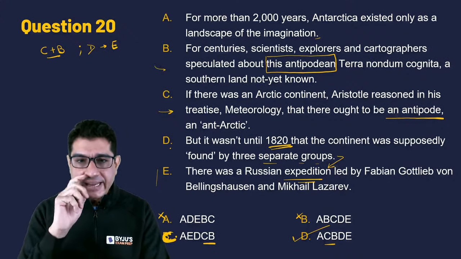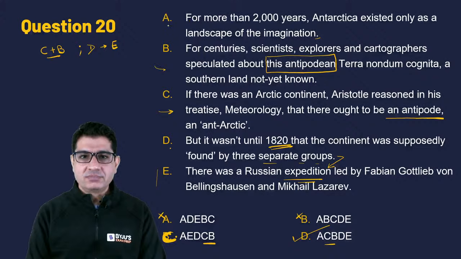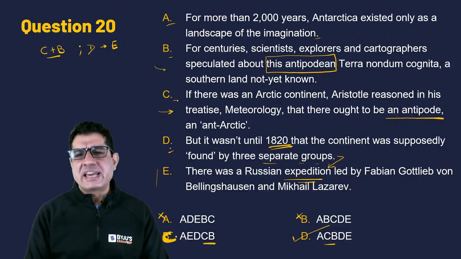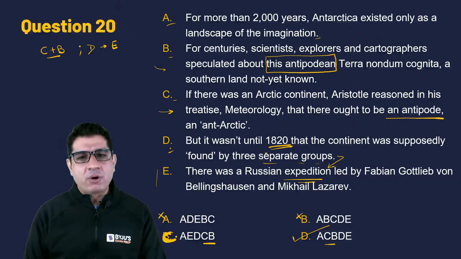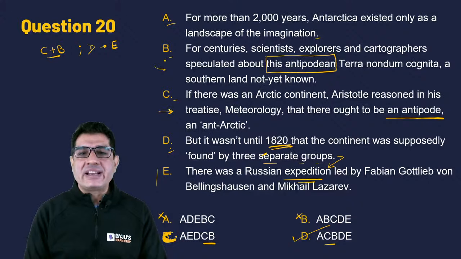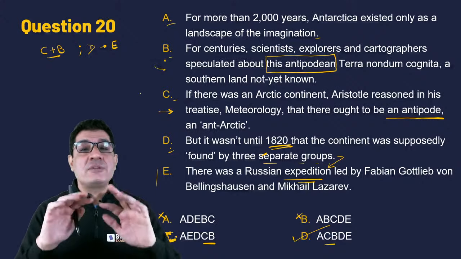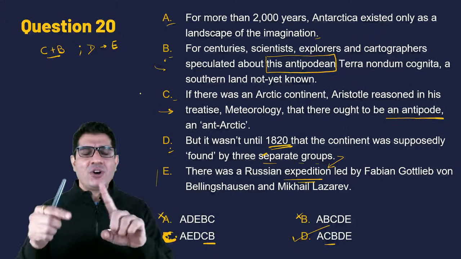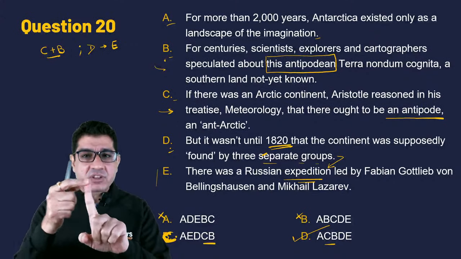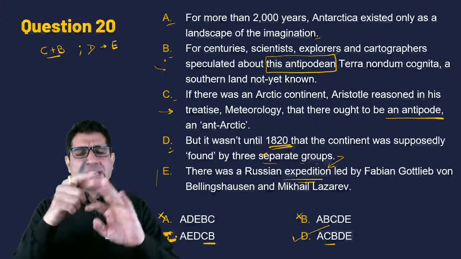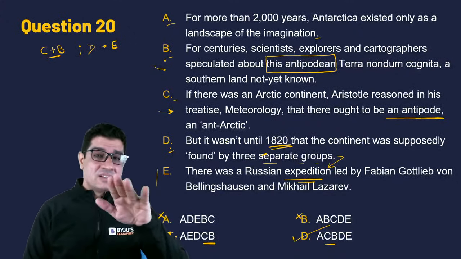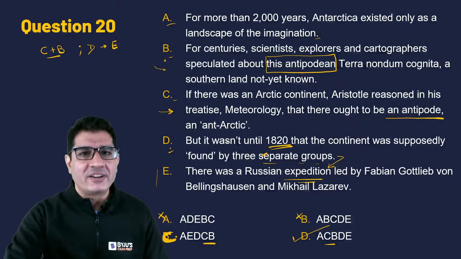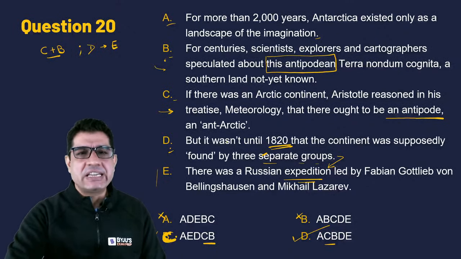Naman, if you put A, D as a combo, where would you put in B and C then? So in D, you are saying that it was found, but then in B and C, you are again talking about Antarctica as a hypothetical. So we start by saying it is an imagination, then we are saying it is found, then we again go back to saying it was an imagination. That will make the sentences incoherent. They'll break the flow. So D it is.